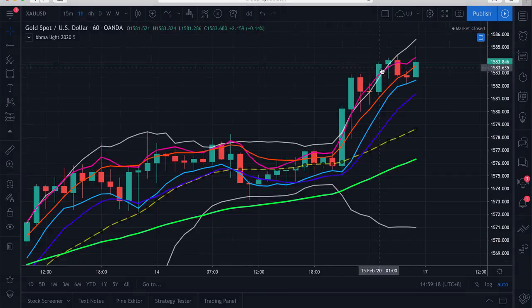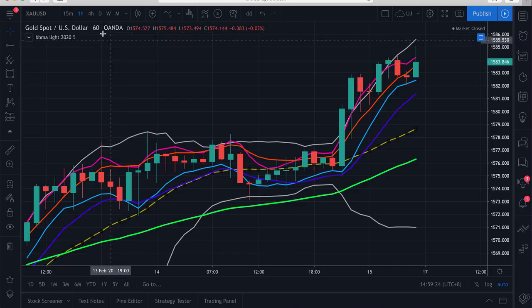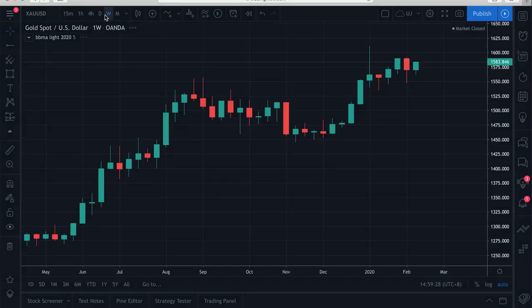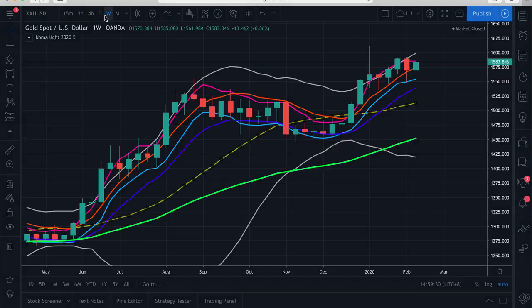So based on our analysis, gold is going to make a sell setup, but it's not ready yet. So we would not want to sell gold as yet for now, but we don't want to buy it either because it's high. So if the price drops to this MA 510 low, we will consider a buy setup, but for now this is a sell setup. So we need to wait for